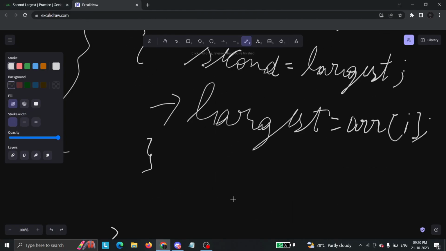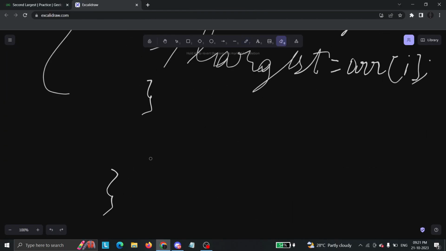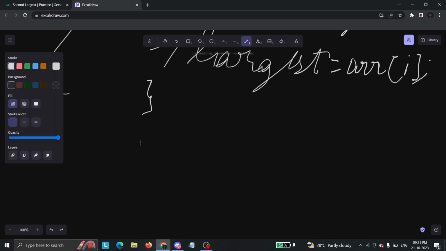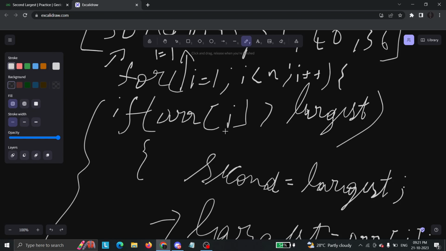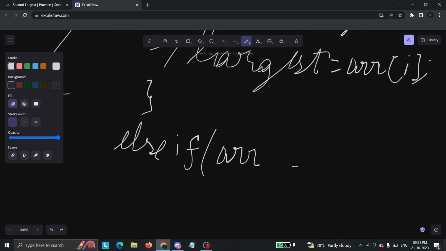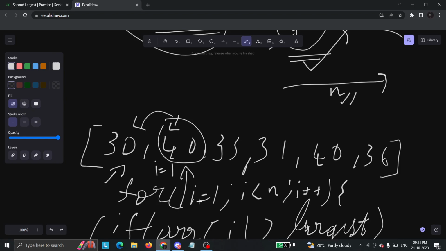Now let us go into some other case. Else if, what if my ARR of I was less than largest? This condition doesn't hit. What if it was less than largest? What do you think I need to do in that case? Can it directly be my second largest element? If you just see at this test case,